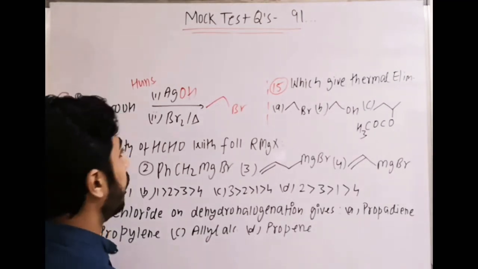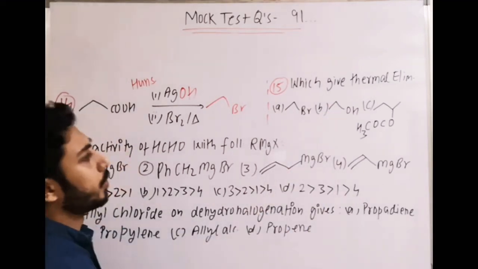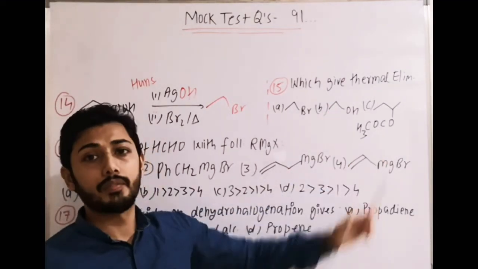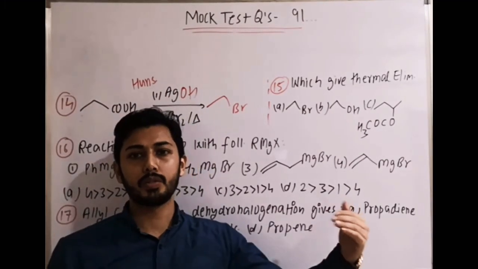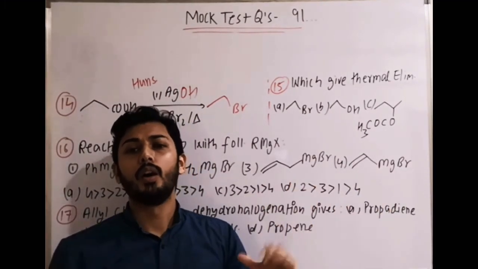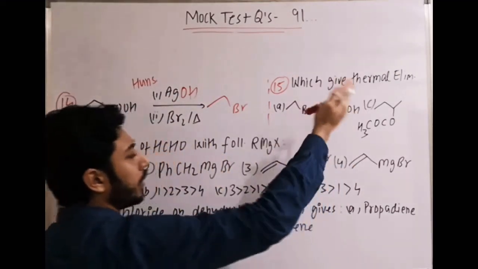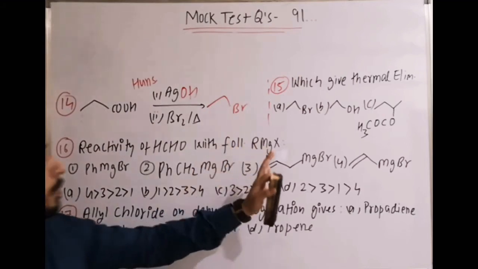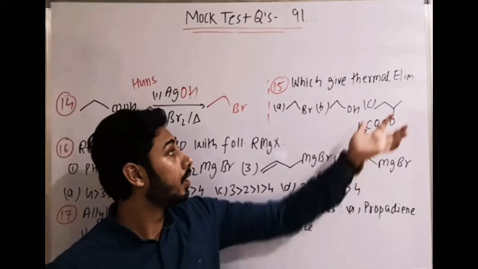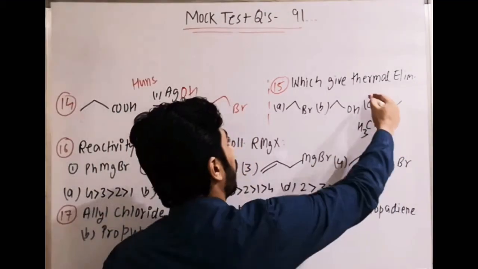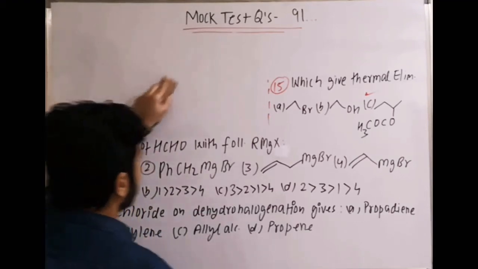Okay. Question number 15 is, among these compounds which will give thermal elimination. So here you remember that in the ester we have done the reaction in the mock test only, the pyrolysis of ester. The pyrolysis of ester with Hofmann elimination, the Hofmann product, is the major product. So first is alkyl halide, we have done all reactions of elimination, never do we do only thermal elimination. Alcohol we also take E1, E2, but there are catalysts used. But with pyrolysis of ester, thermal elimination is done and Hofmann alkene is formed as major product.